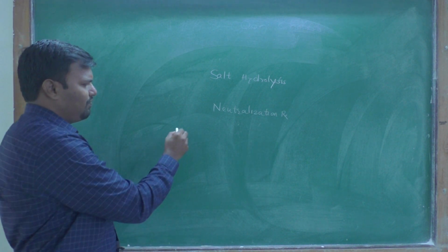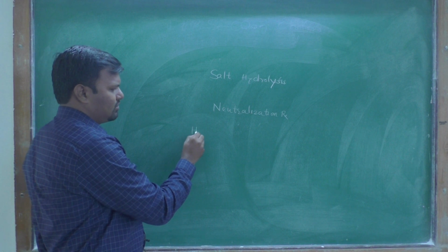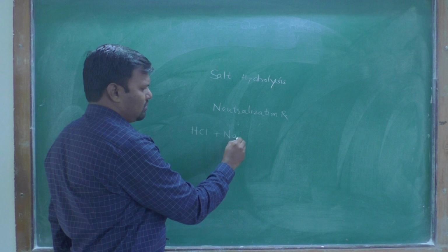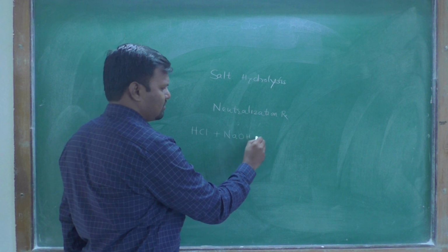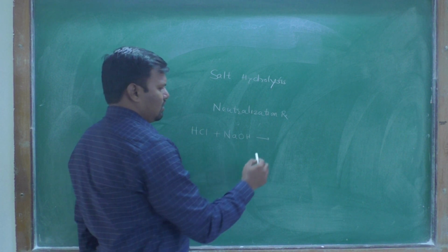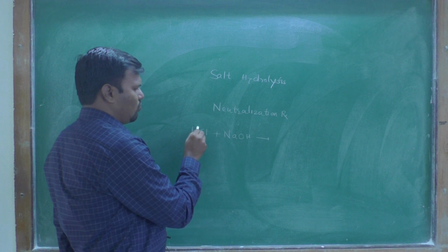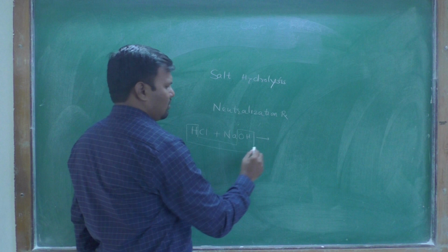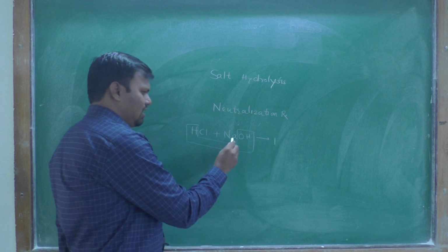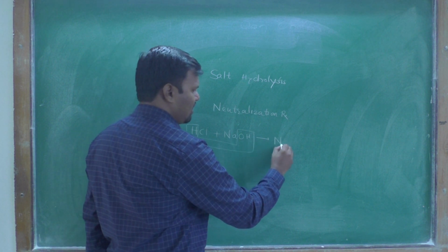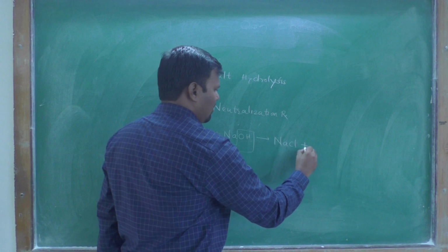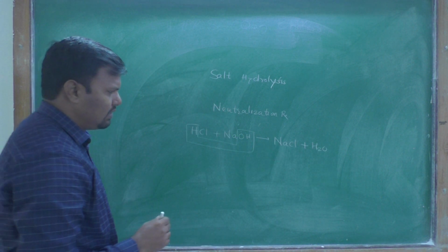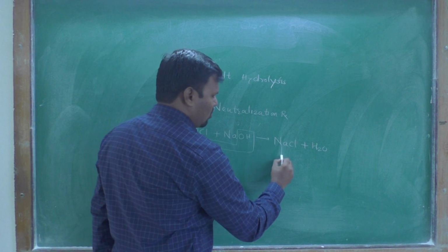Okay, when acid is mixed with the base, it gives the salt. H2O will be removed. Therefore, the remaining things are Na and Cl. It gives NaCl plus H2O. Okay, and in this case we obtain salt